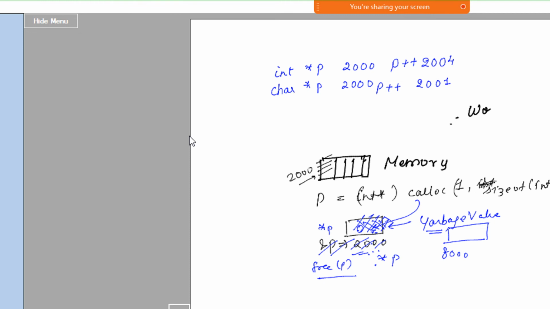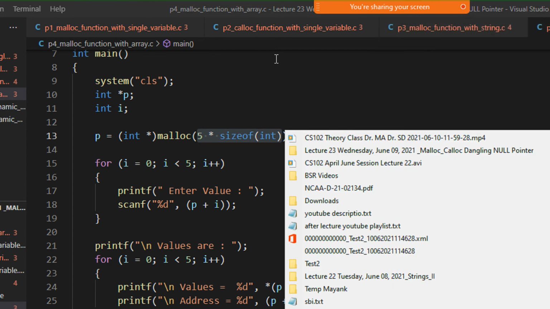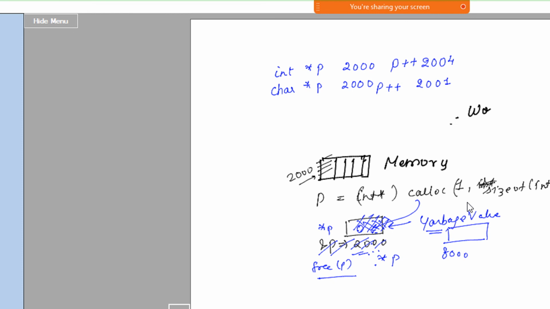Now what happens in case of malloc, or even in the case of calloc? I actually know how much memory to assign. I know from this particular bracket how much memory I need to assign. But then I do not know... So let me just come back here. Let's say you are assigning 5 bytes, 1, 2, 3, 4, 5. Right? 5 bytes you are assigning, and the base address here is 2000. Now malloc will say, okay,